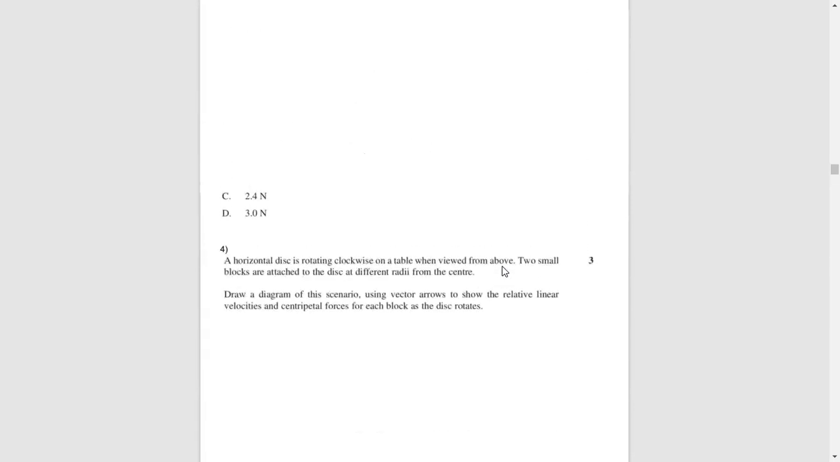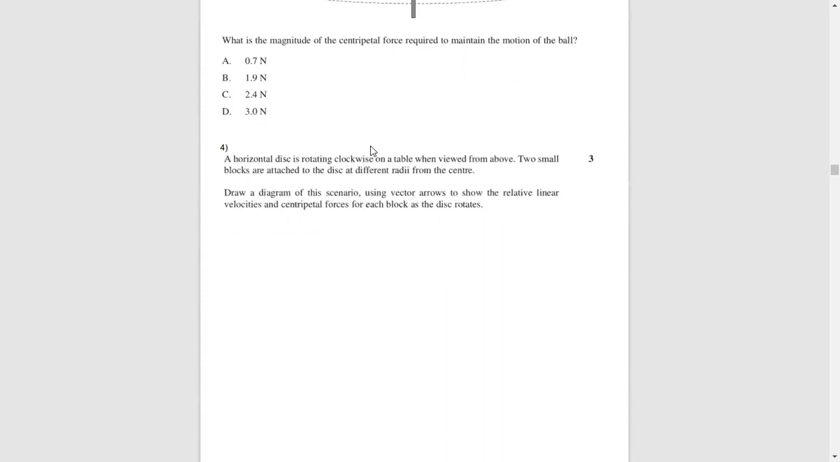All right, so let's start here. You've got a horizontal disk rotating clockwise on a table. So you know it's going clockwise, and we're drawing our top view. 2 small blocks are attached to the disk at different radii from the center. So draw a diagram of the scenario using vector arrows to show the relative linear velocities and central forces for each block. Okay, so if this is the center O,